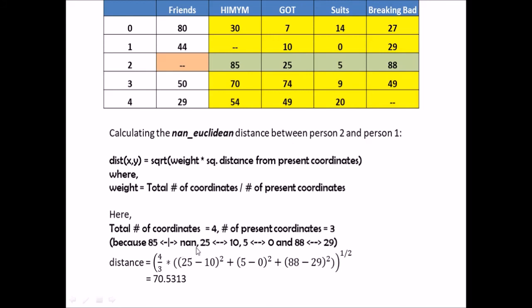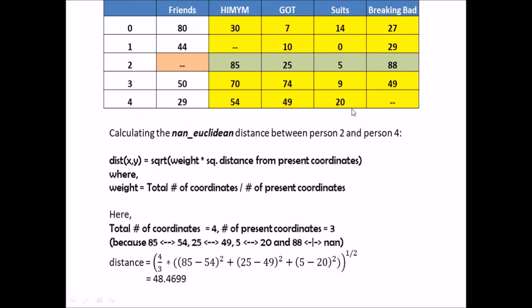So this is what I've highlighted here. The weight ratio will now be 4 upon 3, because this is the formula for the weight ratio. I calculate the distance and find it to be 70.53. Next we'll do it from person 2 to person 3. We find that the distance is 64.52, and next from person 2 to person 4 we'll calculate the distance, and we find it to be 48.46. Now if we compare all 4 distances, this was 84, 70, 64, 48. We find that 64 and 48 are the least 2 distances. So theoretically they are the closest to this person we are looking for.